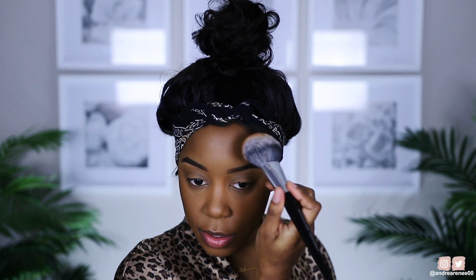So bronzer, I'm gonna take my Anastasia Beverly Hills bronzer in the shade Mahogany. And why did I just say it like that? But I'm gonna take the Sephora Pro 50 brush, which is bomb. So good. And I bronze my skin. I'm gonna pinch it a little bit like this, just to kind of get right up in there on the side, and then lightly diffuse it up like that. Since we're doing a natural nude makeup look today, I'm not gonna use any blush. We're just gonna be using bronzer and then